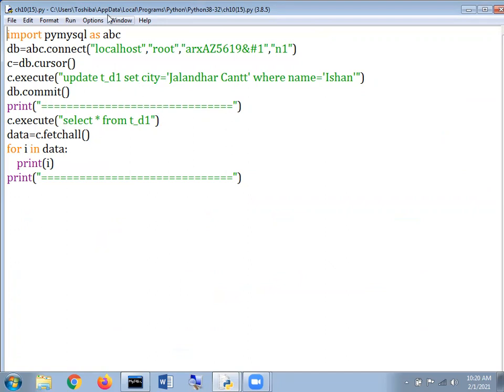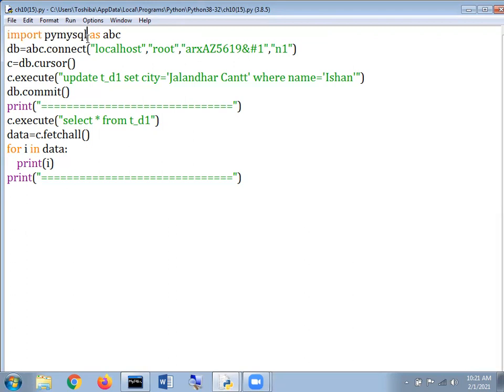Here it is, one important thing. Here it is, import PyMySQL as ABC. We are supposed to give an alias name. Just like at home you call a child Lovedeep, and otherwise someone's name at home is something else. You will understand my point, that someone who is called Vishal Kumar at school is called Vishu at home, which is to be considered an alias name. And here we are doing the same, import PyMySQL.